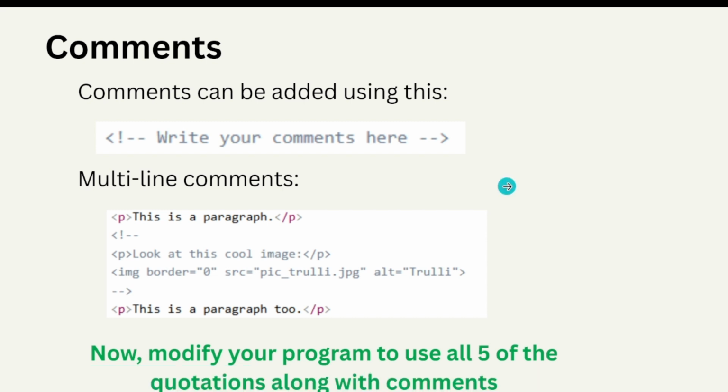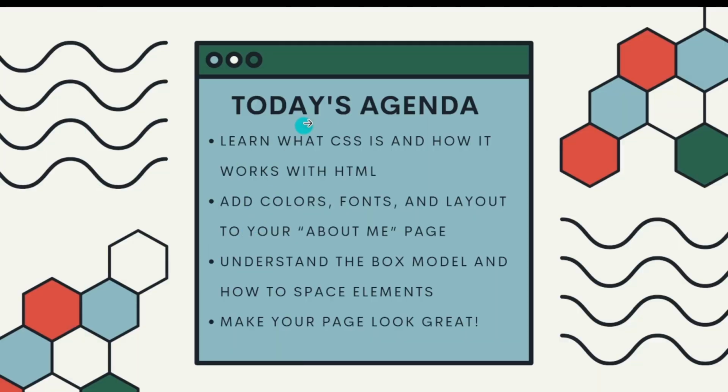All right, moving on. Next, we're going to talk about today's agenda. The first thing is we are going to be learning what exactly CSS is and how it works with HTML. Essentially, CSS is like a blanket over the bare bones HTML, which helps us style up our HTML pages and make them look a heck of a ton prettier. So with this, we are going to add colors, fonts, and layout to our About Me page and understand the box model using margins, borders, paddings, and how to space out our elements,